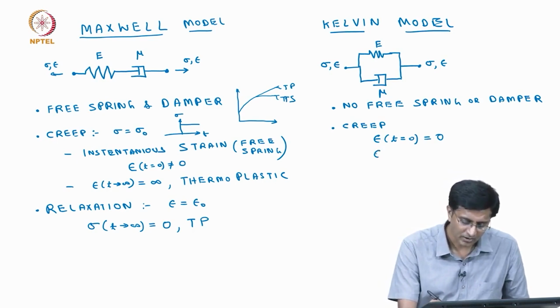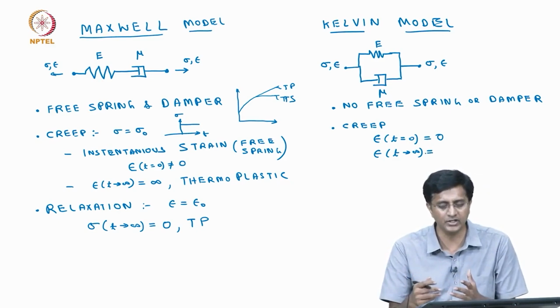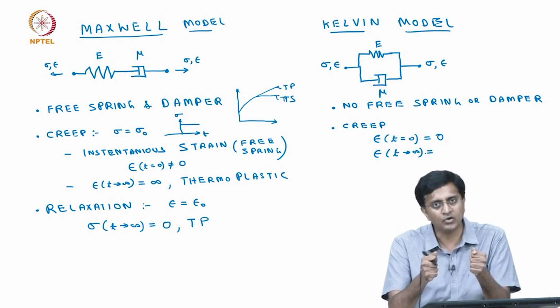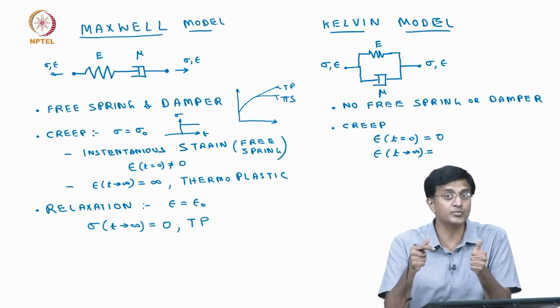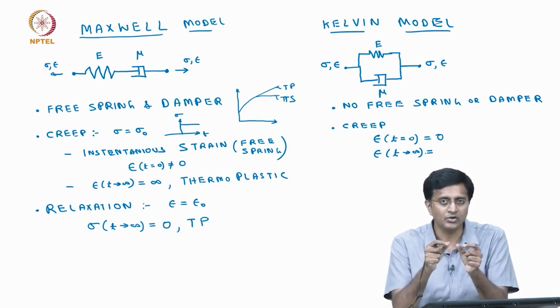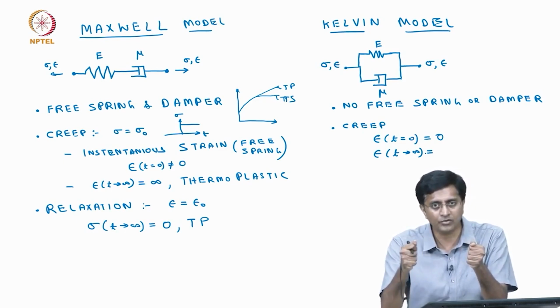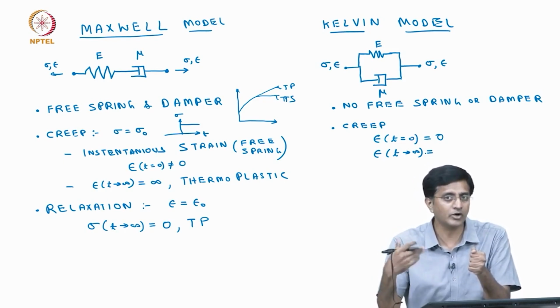But the next question is, what happens when we wait for a long time? So, when time approaches infinity, that is when the damper, as we wait, starts to move, but then it cannot go to infinite strain. What is stopping the damper from going to infinite strain? That is the spring. Spring, as we know, for a particular load it can deform, but it cannot deform more than that. To deform more than that, you need to apply more load, but we are not increasing the